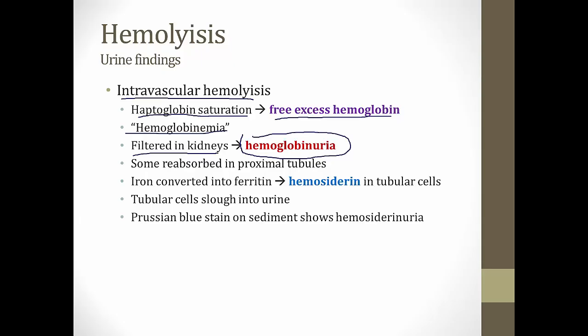Now, some of the hemoglobin will be reabsorbed in the proximal tubules where the iron will be converted into ferritin. This will lead to production of a substance called hemosiderin in the tubular cells. The tubular cells slough into the urine over time, and if you spin the urine down to its sediment and stain it with the Prussian blue stain, you can see evidence of hemosiderin. That's called hemosiderinuria, and you can see that in patients who have hemolysis, and that's from iron getting into those